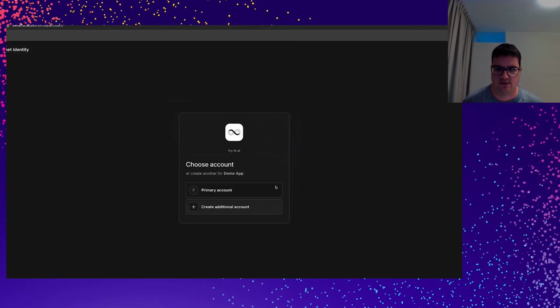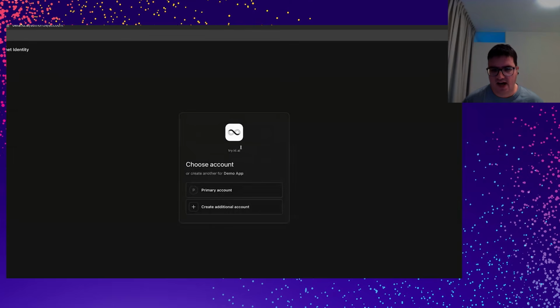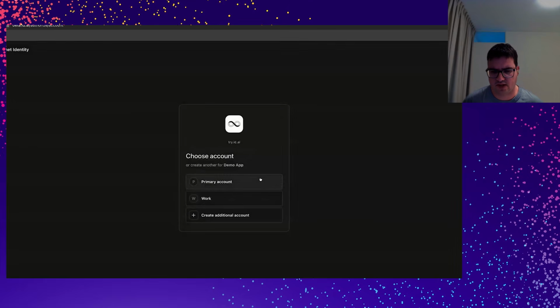Authenticate. I should not authenticate. I end up on the screen, and I have a button to create an additional account. So there I can say this is a work account, and I say create account. After which it's created, and now I can choose to authenticate the private account or my just now created work